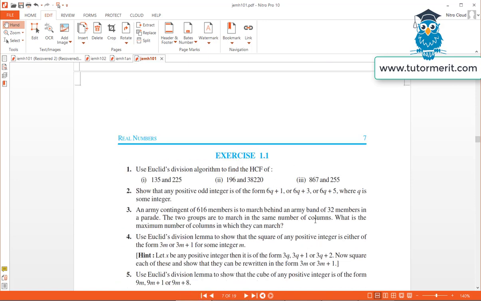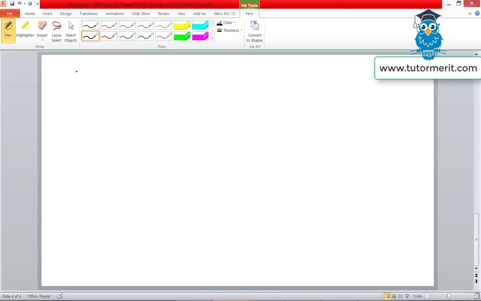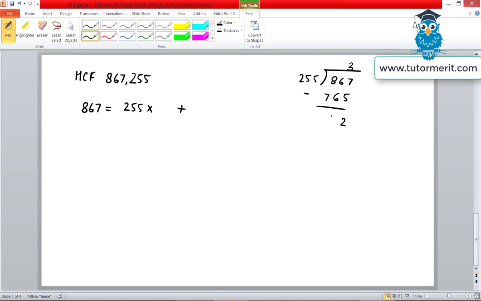So let's take an example here, 867 and 255. I have to find the HCF of 867 and 255. So you have to express the bigger number in terms of the smaller number. In case you get confused, you can just fall back upon your previous lower school methods, and this should be okay for you. You can work it out over here and then get a practice to write like this. So I'll simply write it like this.